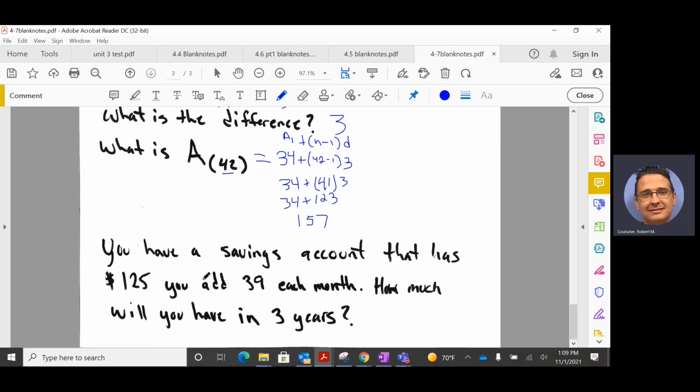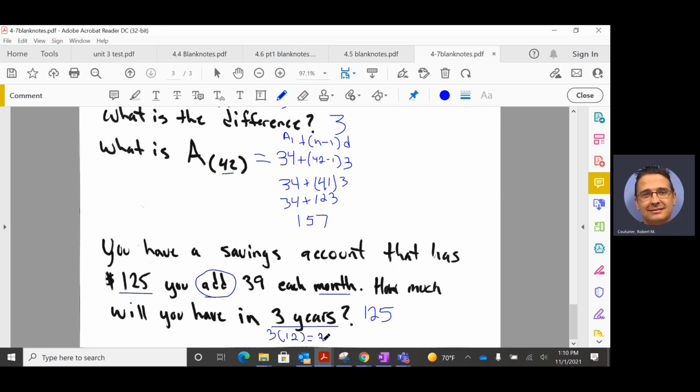A word problem, of course. You have a savings account that has your initial value, your starting point, $125. And you're going to add $39 each month. How much money will you have in 3 years? Okay, so 3 years is what? They want months. We have a conversion of units here. 3 years is 12 plus 12 plus 12. That's 3 times 12,